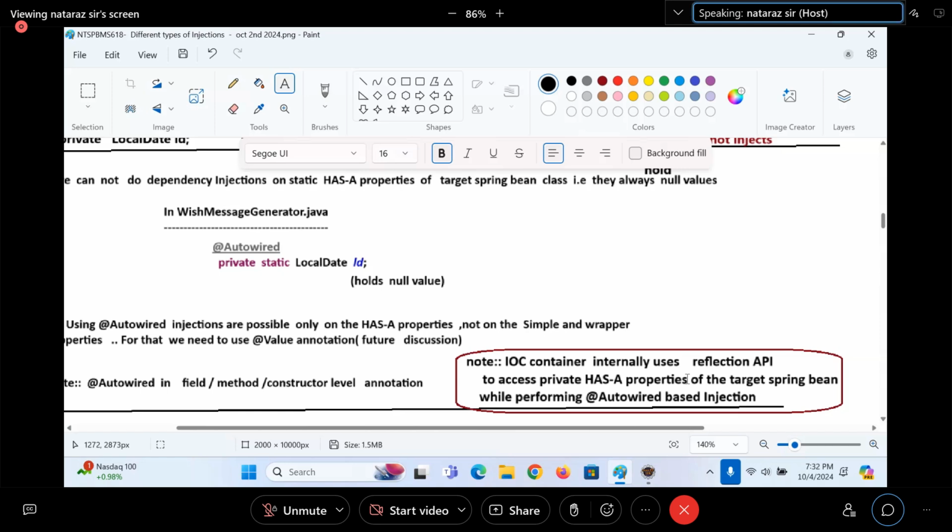So what's really happening there, guys? I want a reply from you. Using the Reflection API, it is gathering internal details of the class and object, accessing those internal details, and using them for injection. Reflection API.